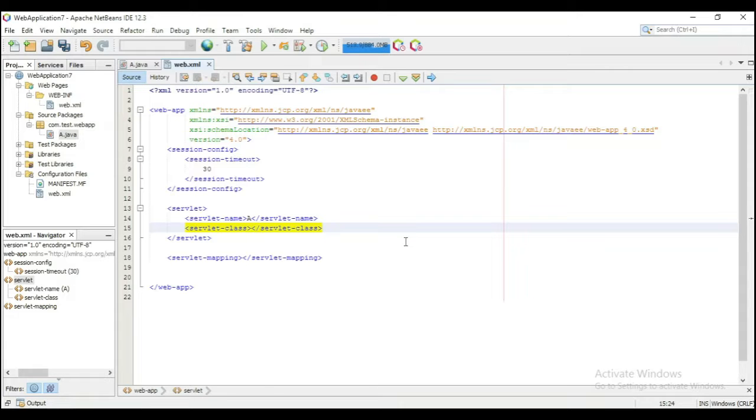So for that I need to type com.test.webapp.A,